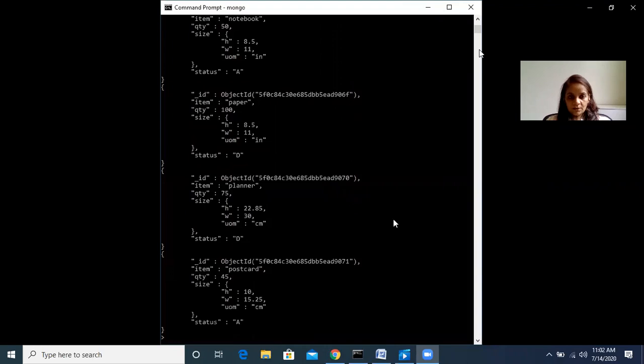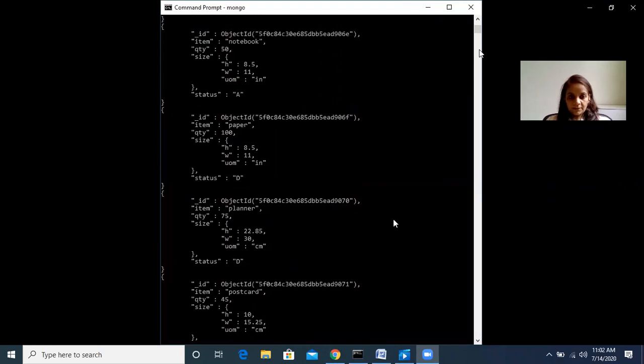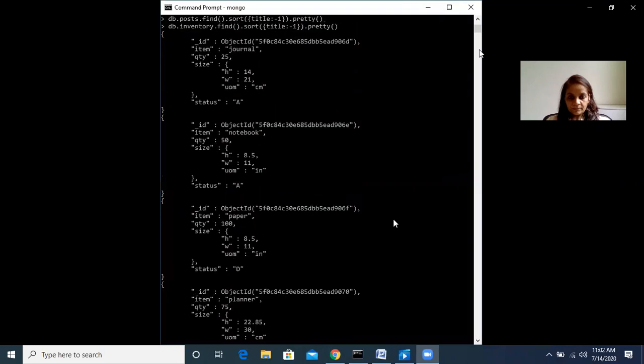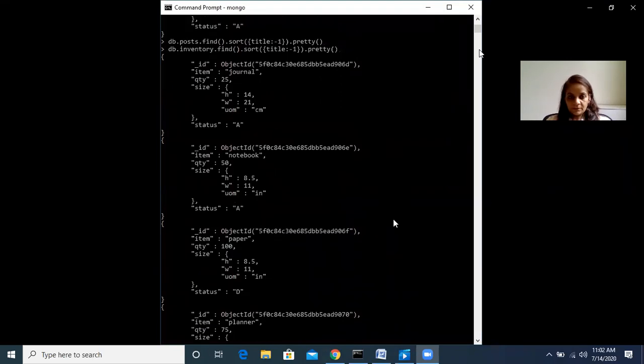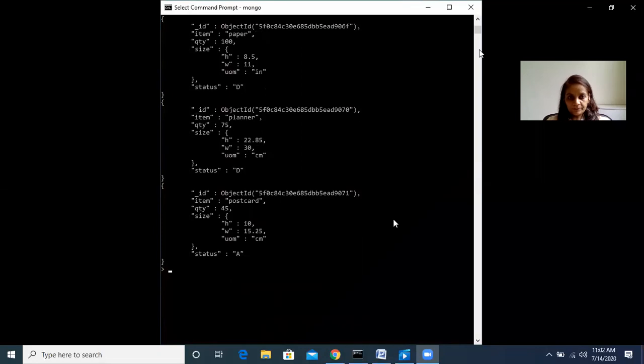So these are the records that are being displayed with this. And inside this, we have item field. So next we will try to sort on the basis of item field. Title was not there. So let us do this.